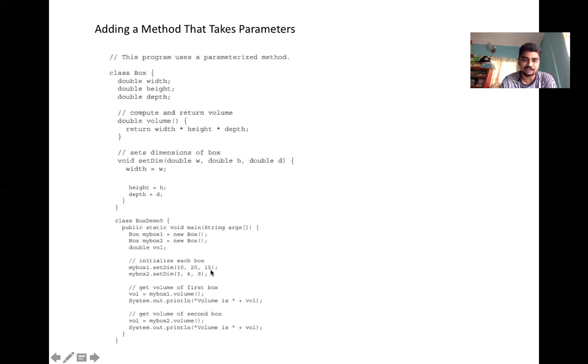What is this 10, 20, 15? 10, 20, 15 is W, H, and D. That means width equals 10, height equals 20, and depth equals 15. Similarly here 3, 6, 9. Now the rest is the same, so it will display the volume. So here what we are doing is passing the parameters through the method and adding that method